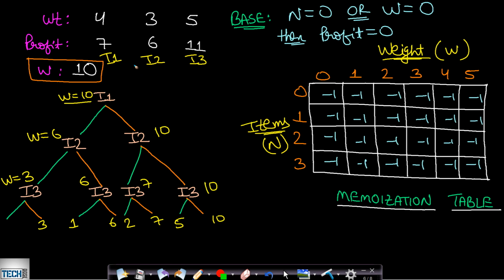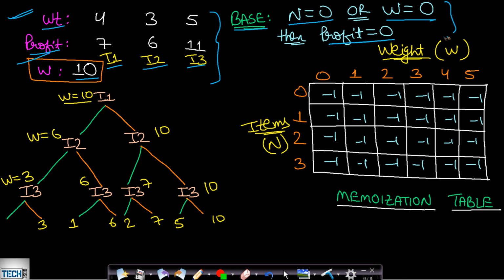So once you know about sub problems, let's see this 0/1 knapsack problem and how it is solved by using memoization. In this case I have taken certain items. There are 3 items along with their associated weight and profit, and we are given a bag having capacity 10. As I already explained in my previous video, which is a prerequisite for watching this video, the base case was: if you have no items then you cannot gain any profit. Otherwise, if you have no capacity in the bag, then you cannot gain any profit.